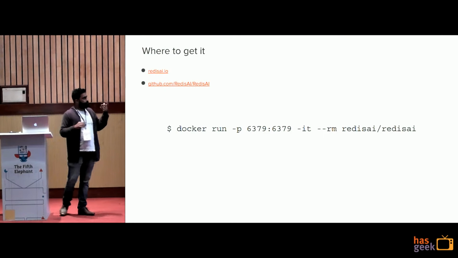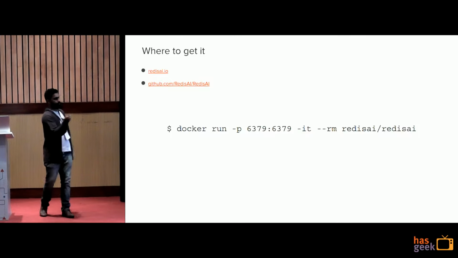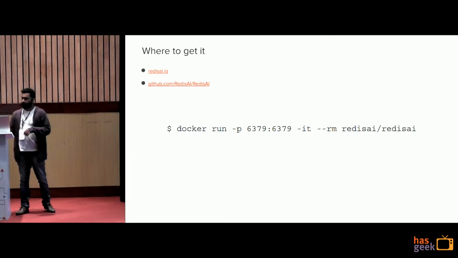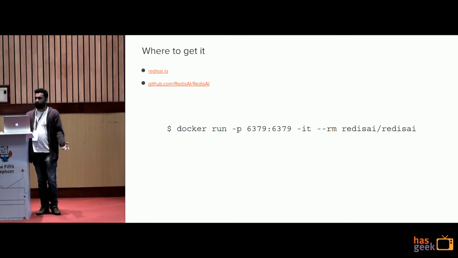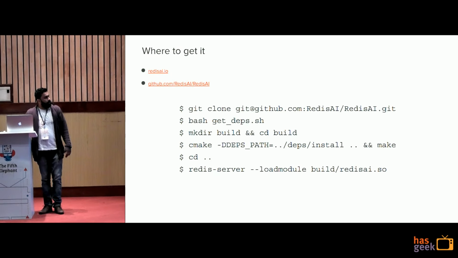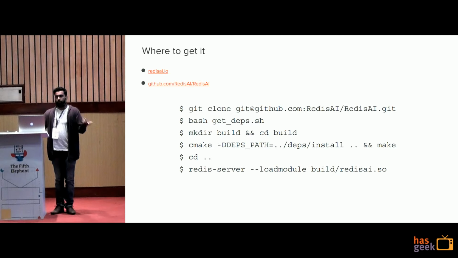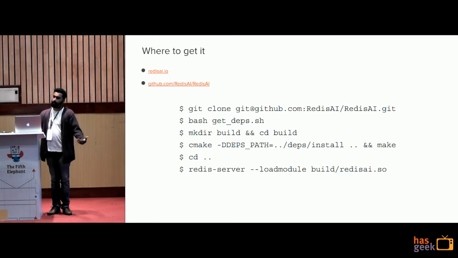Where to get it? The easiest method is definitely Docker. You install Docker and do this docker run on that particular port, with the RedisAI image, and the server will be up very easily. You don't have to do anything else. Or if you want to build it from scratch, which is probably what you want to do in production, you can. It's like 5 or 6 lines of commands. It's not like a 2 days job for deploying your deep learning model to a highly efficient production system.